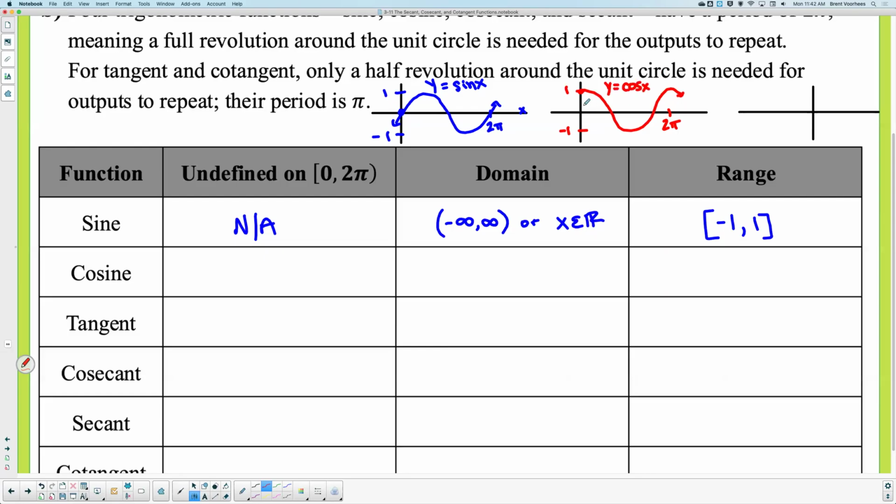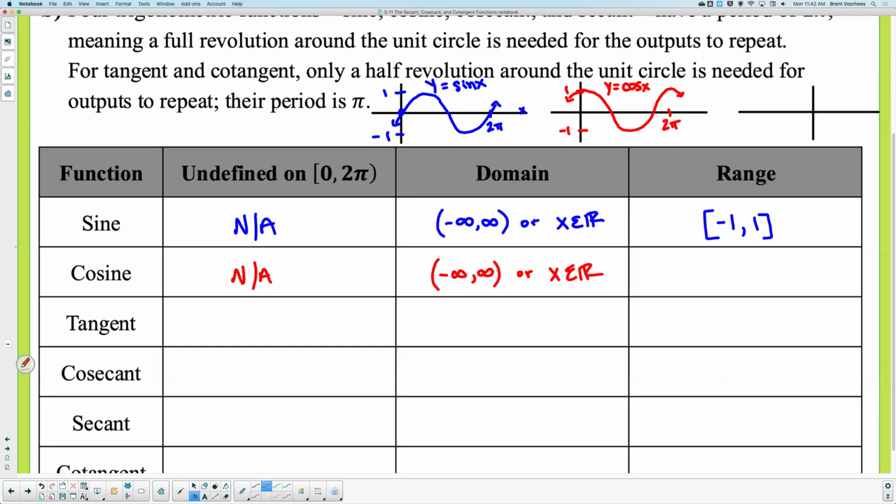When we examine this, tell me about the wave. Where do we have a break on this wave? Never. No breaks. Okay. How about the domain? How far left? How far right? It's all real. So it goes left forever. It travels right forever. You could write it whichever way you prefer. X is any real number, or you could say from negative infinity all the way to positive infinity, which includes